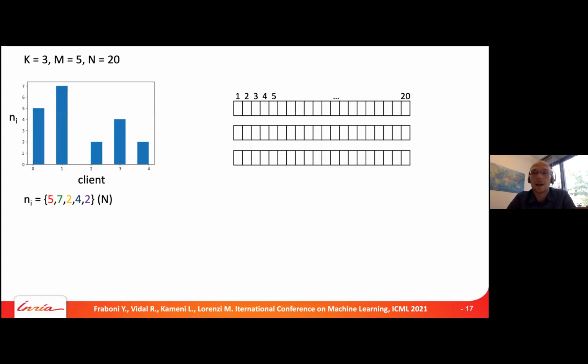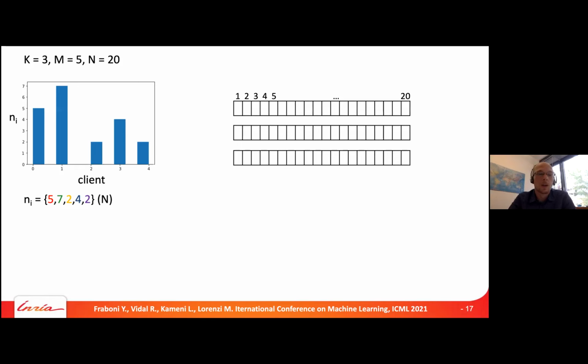So one idea is, okay, let's sample clients based on how much they are represented, so how many data points they have. We would like to put all the clients that have a lot of points in separate clusters, so distributions, and put all the clients that have fewer data points together in their own cluster.